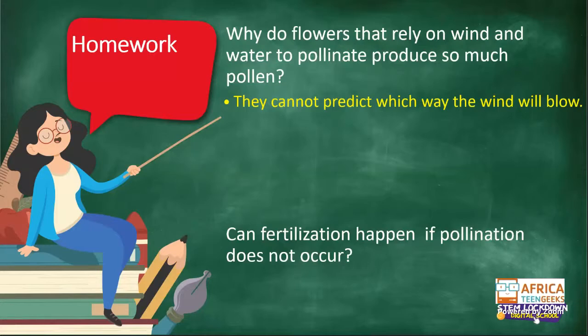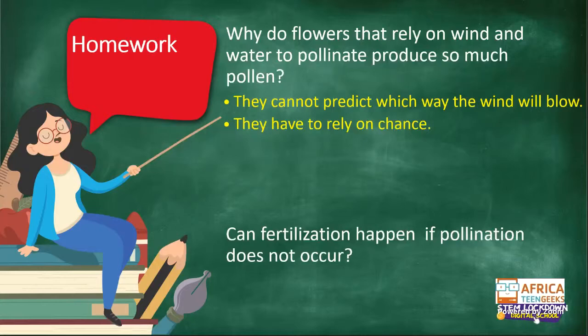Okay, so it might be that if a flower is standing at the edge of a field of flowers and the wind is blowing in the opposite direction away from the field, that pollen is going to become wasted. It's not going to land on any species that is similar, so it can't pollinate. Okay, so they need to have extra pollen, so if the wind turns, there is pollen to help the pollination to happen.